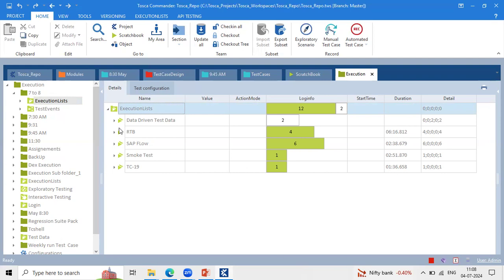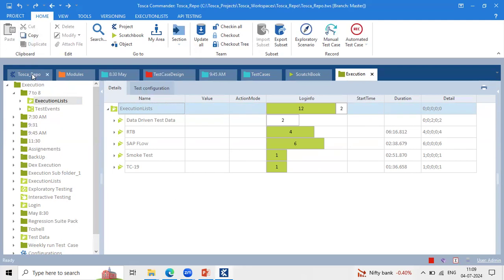If you don't have any integration, then we have to update it in qTest manually. My scenario is that I exported my scripts to qTest and I'm running from here. Is there any specific configuration we need to do for that? Yes, we have to do the integration configuration for qTest. So my question is, if I export it, does that mean the configuration is done, meaning qTest to Tosca connectivity is established?